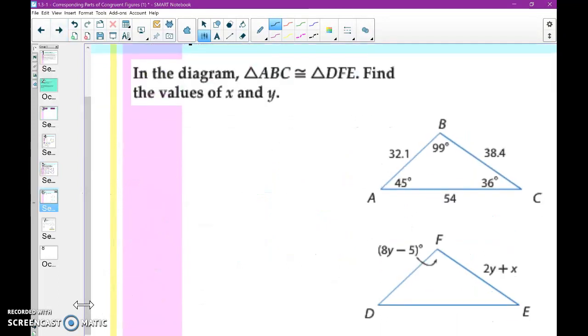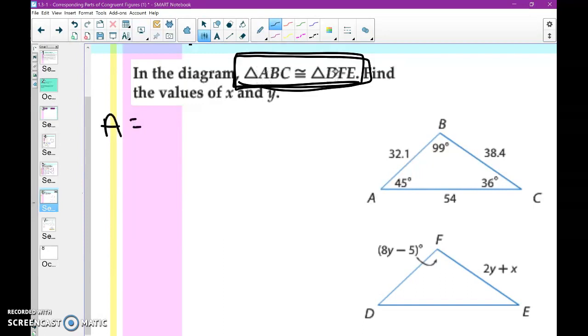All right, so this one, now we're throwing in a little bit of algebra here. First of all, let's match up our sides. This description right here tells us everything we need to know about what should go with what. So looking at your letters, A is the first one, D is the first one, so A is supposed to match with D. B and F are second, so they match. And then C and E are third, so they match as well. So that kind of gives me the blueprint for the rest of the picture and tells me what should go